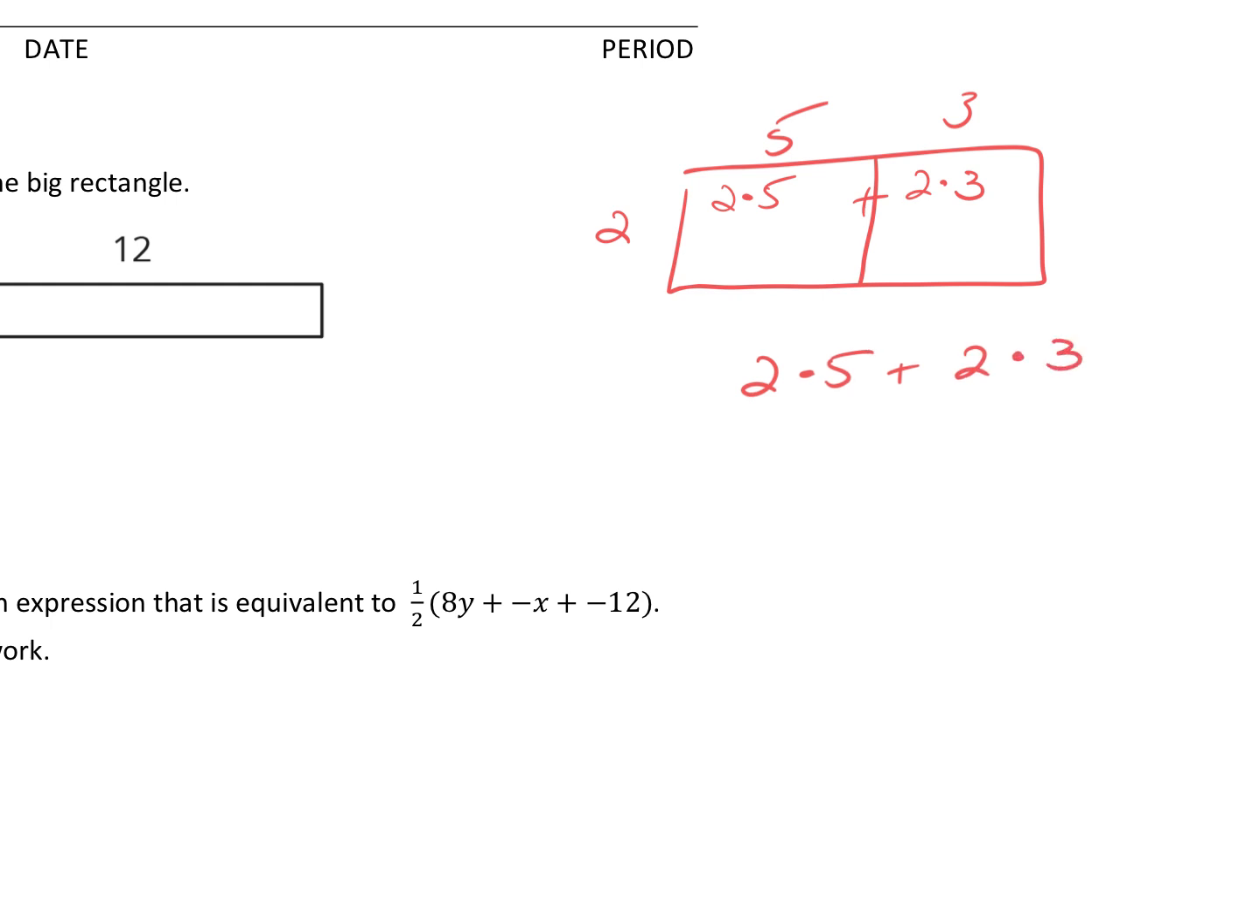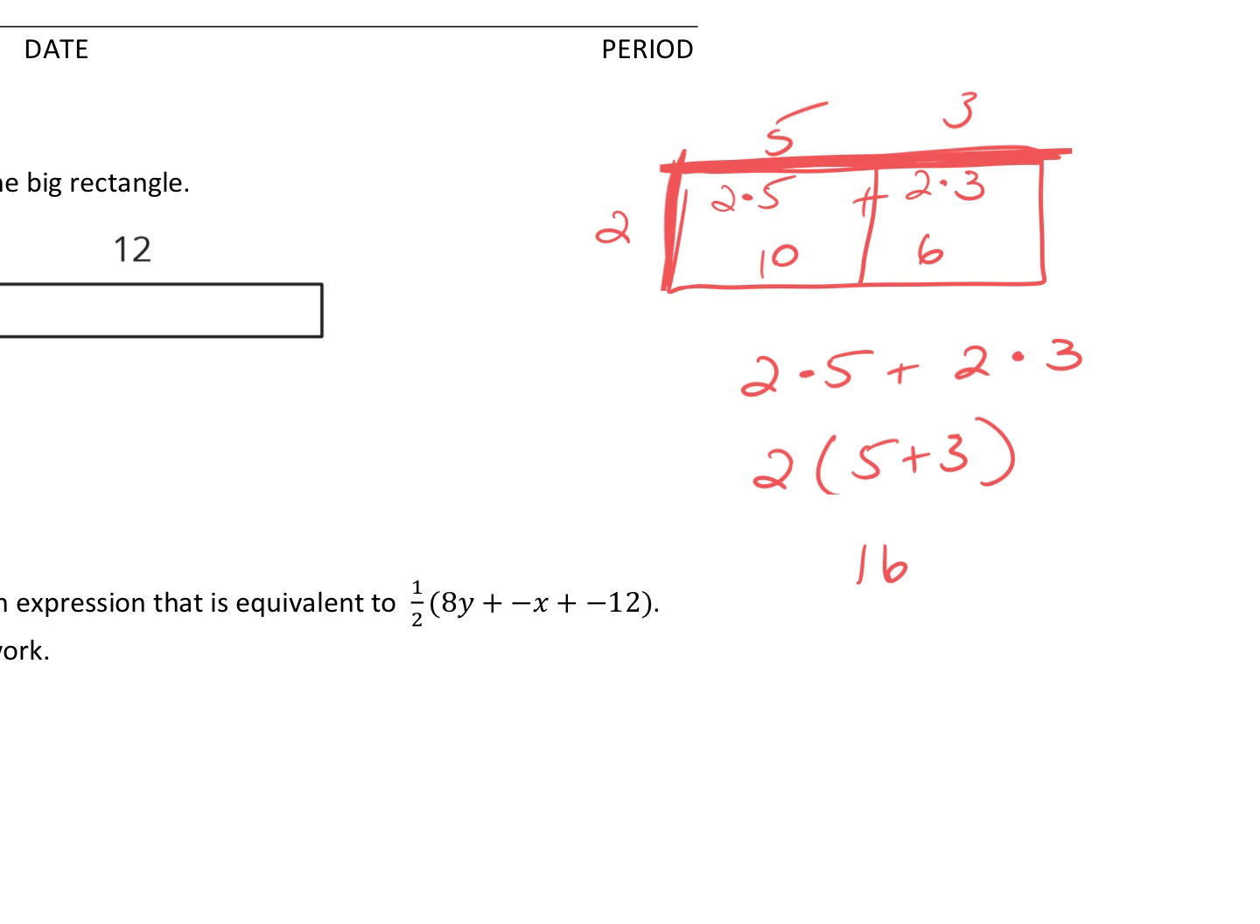Another way to think about it is if I said, oh, I'm taking 5 plus 3, which is the length of the entire rectangle, and multiplying it by the height of the entire rectangle. And another way to think about it is, well, 2 times 5 is 10, 2 times 3 is 6, and 10 plus 6 is 16. So many different ways. You could go even further into what this would look like, but there are different ways